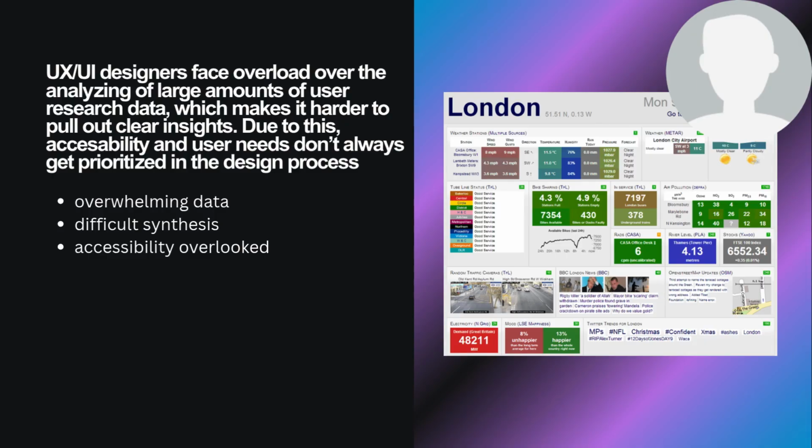Through my research, I found that when designers become overloaded with information, important user insights may get lost, accessibility concerns may become the least priority, and decision making becomes way more difficult. This problem connects strongly to concepts of our course, such as design justice, accessibility, design code design, and user centered design.